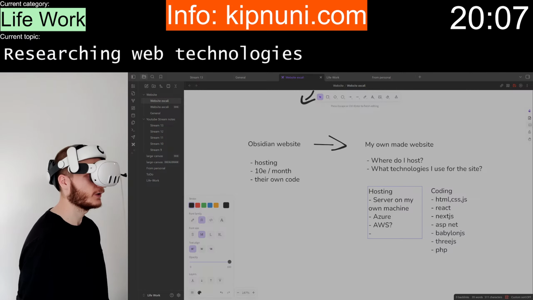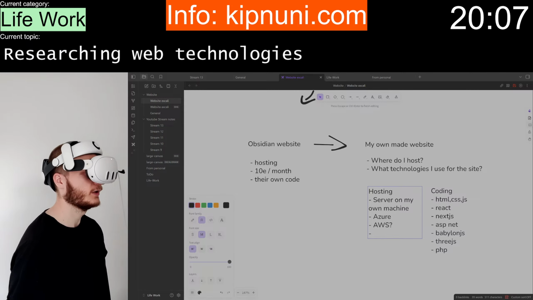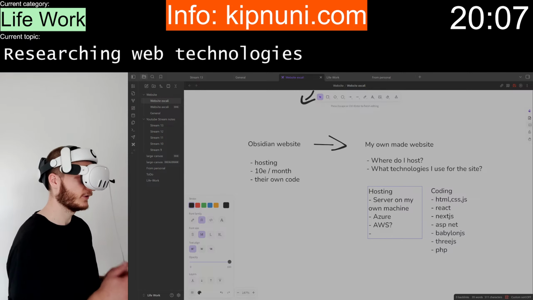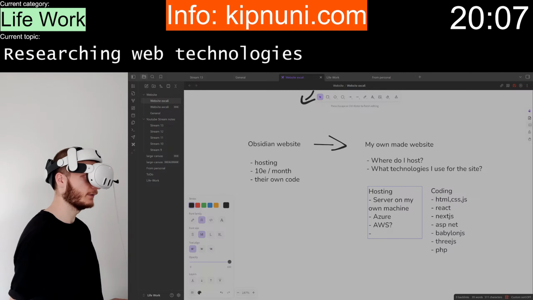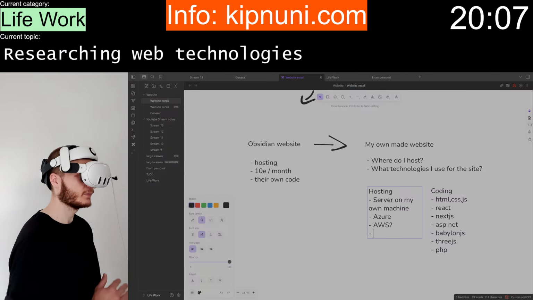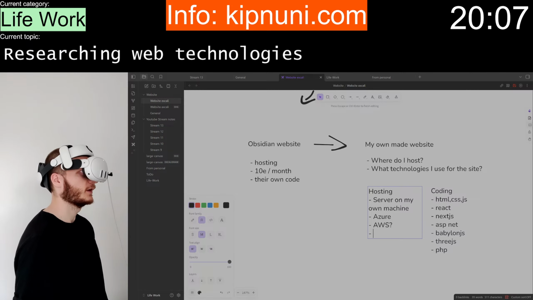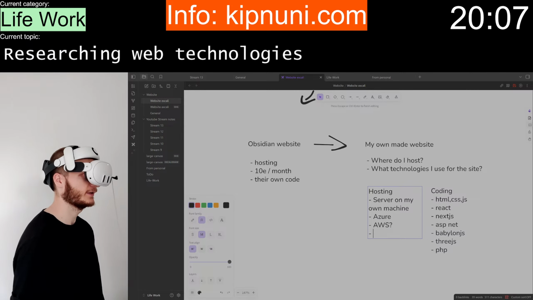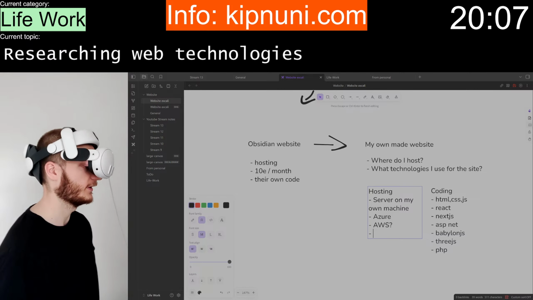But I think there are multiple options, and I could go with the bare minimum: I will just rent your machine, install the operating system, and manage everything. That would mean extra work, but of course I would have better control if I wanted.